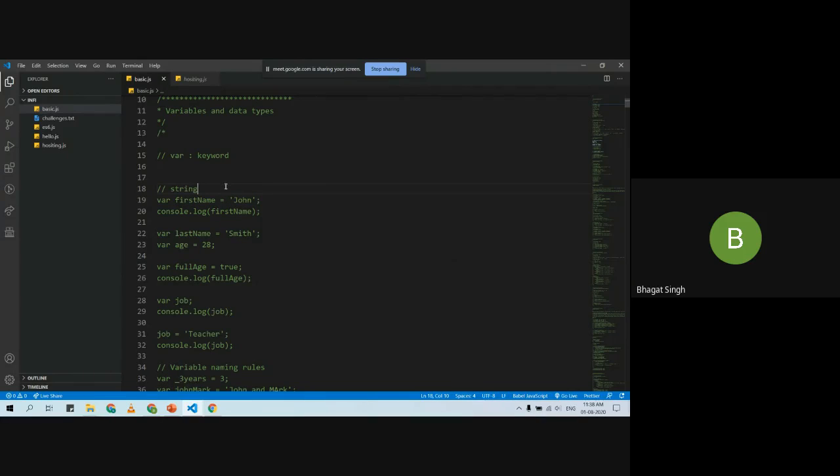Now in C and Java for string we use double quotes, but in JavaScript you can either use single quotes or double quotes. It's up to you. I prefer to use single quotes. It is just your preference, whatever you want. But it's better to use single quotes itself, because if you see modern web frameworks, wherever a string is given, it's always in single quotes, always. So var first name, and then I'm saying